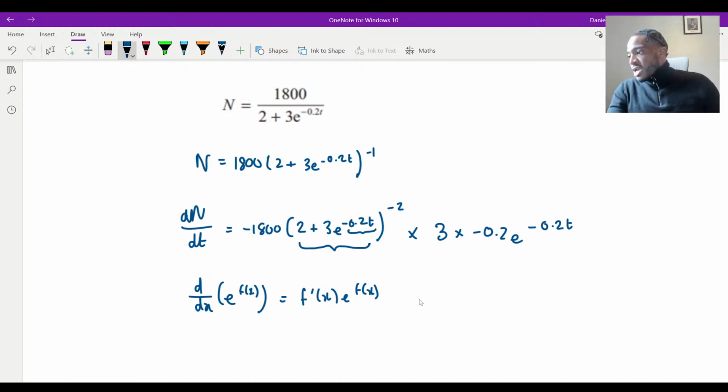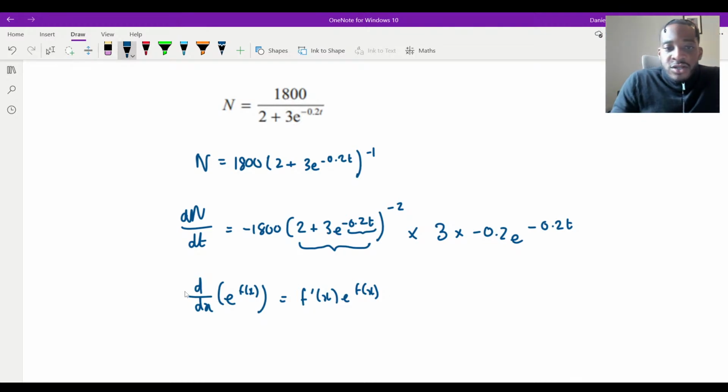Someone asked, where do you get these questions from? These are from the Edexcel International A Level papers. They're all on the Edexcel website, and I always recommend my students to use them. Yeah? Would quotient rule work too, Dan? Millie, it would work. You could definitely use the quotient rule, but obviously it's more efficient if you use the chain rule.